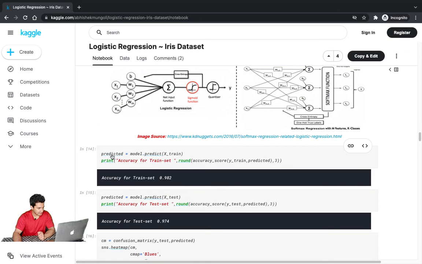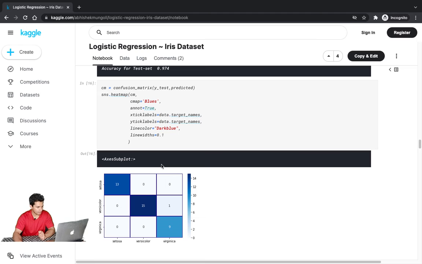So we can see the performance of the model next, that how good the model is doing on the train set. It's almost 98.2% accurate, which is highly accurate in training data. But let's check whether it's overfitting or is it doing equally good in the test set as well. In the test set, the accuracy is 97.4%, which is not bad. So the model is doing pretty good both in the training set and the test set. And it has learned the information in the right way, that which features play an important role for which class.